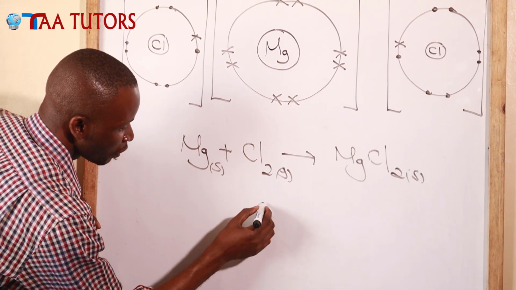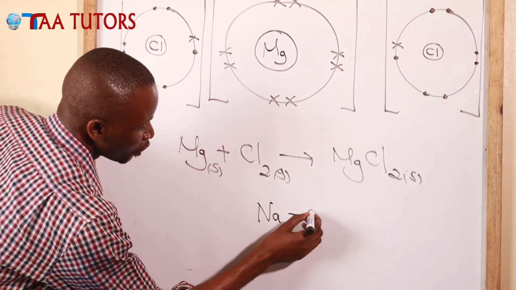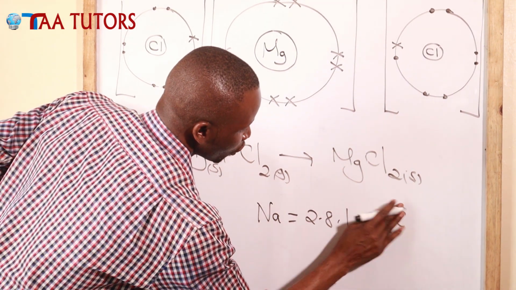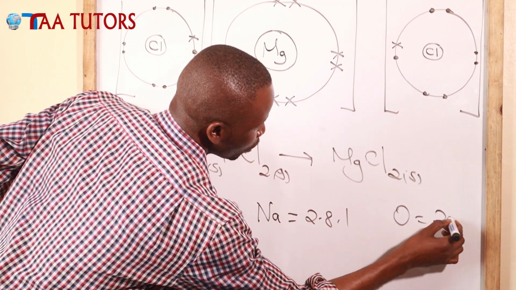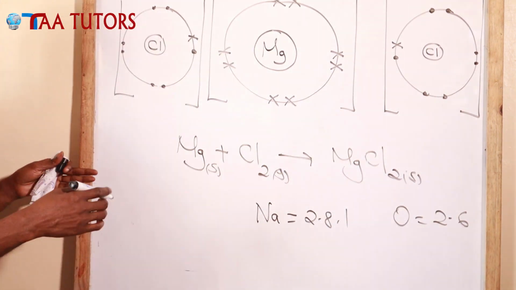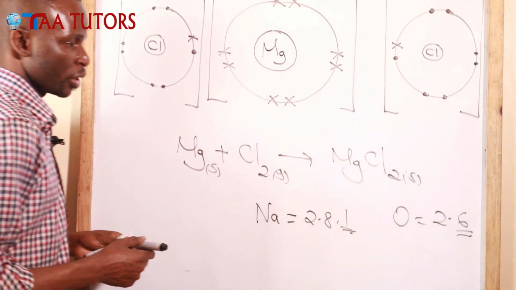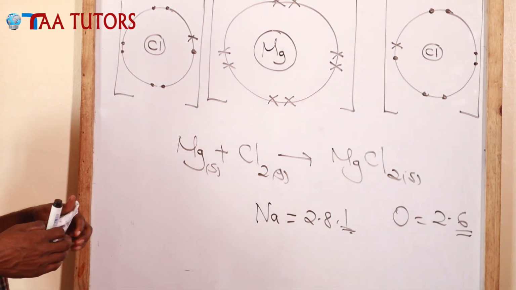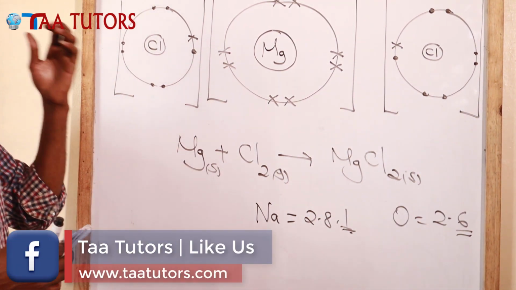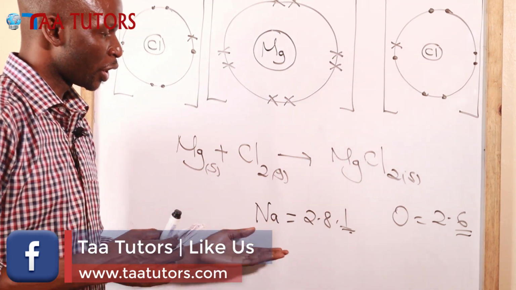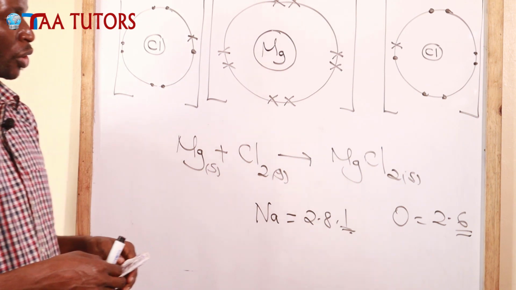If I have a case where we have a sodium which is 2,8,1 with maybe oxygen which is 2,6. So in this case here, oxygen needs to gain 2 electrons, but a sodium atom can only lose 1. In this particular case, we are going to talk about 2 sodium atoms coming in to give out 2 electrons that will be gained by